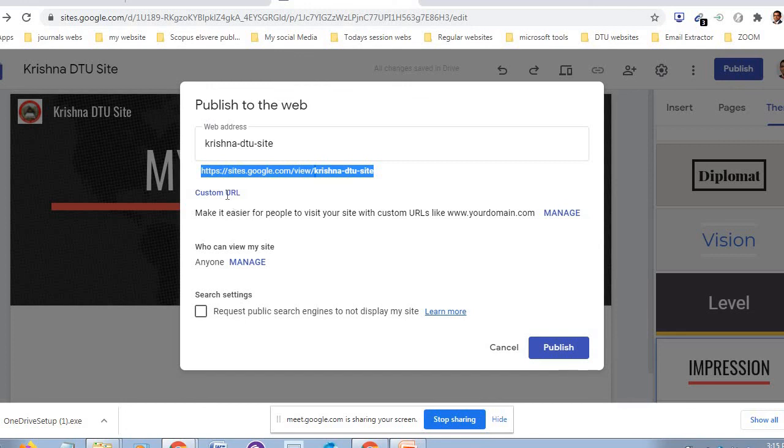Okay, if you want to customize it, it is again a money matter, because you have to go to GoDaddy or easyspace.com or godaddy.com. There are websites that sell website names. There you go and search with your favorite website name, and if it is available, they'll take $5, $6 or $7, and they will sell you the website you want. That is a big business. That is actually like a share market only.